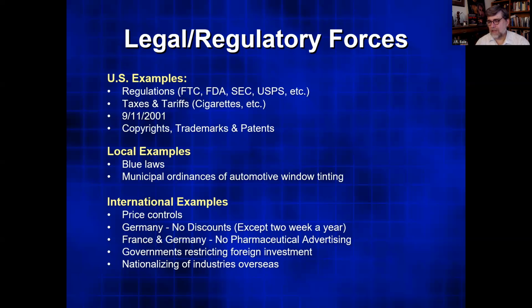What I mean by nationalizing it, they would take it. So if you had a factory in country X, and a dictator or somebody else took over that country, they could say, this industry belongs to the government. Essentially, they would just take it without any compensation. That doesn't happen so much anymore, but it could.